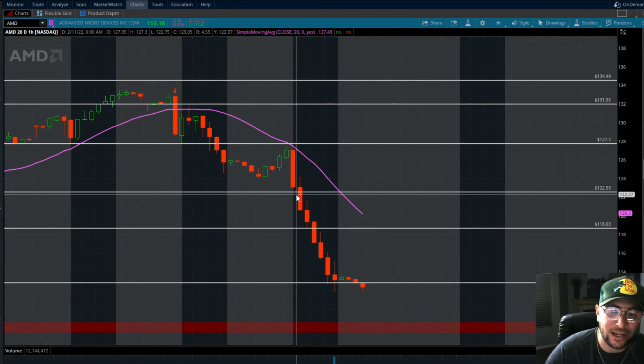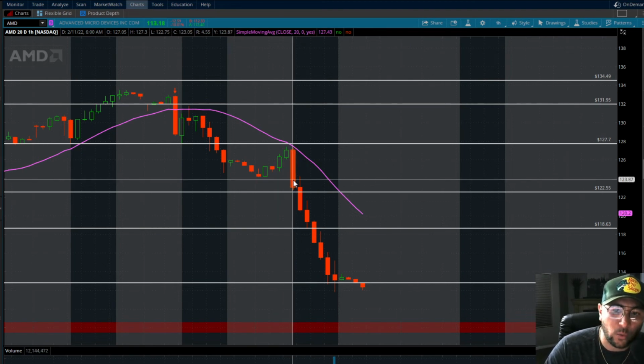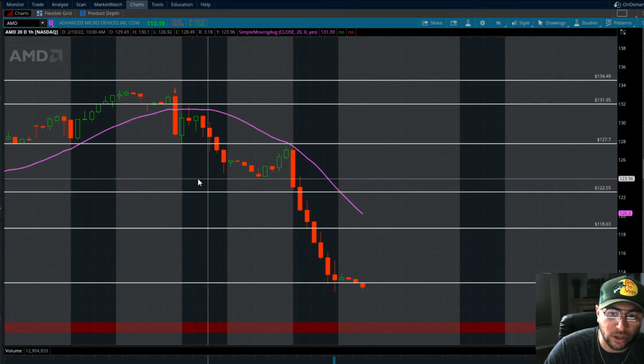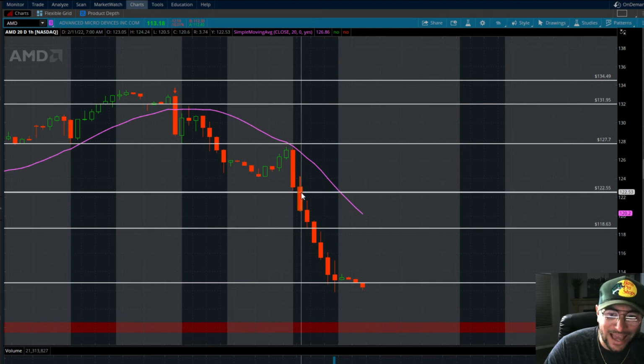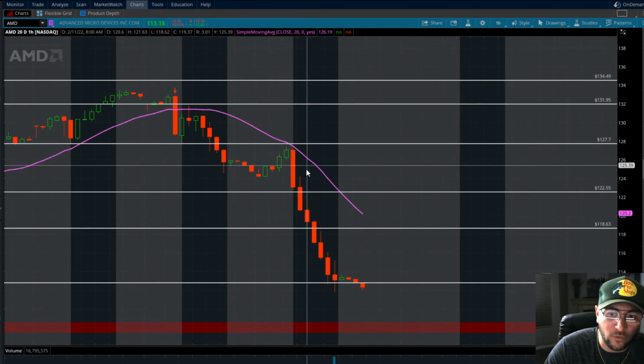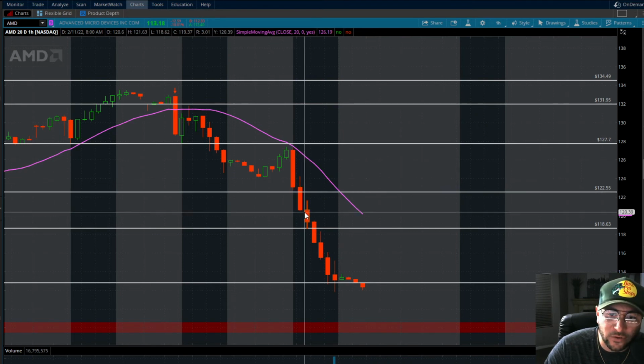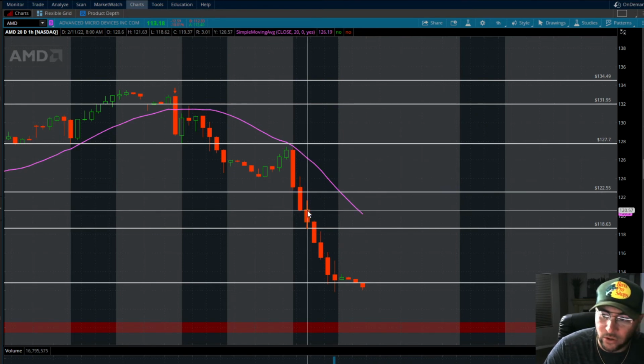The price that I got in was around 122. That was the break of this first hour candle's lows. We were also below pre-market lows. We were also below the 20-period moving average. I sat in this trade for a little bit, allowed it to work, knowing that my stop loss was going to be over the 20. As I saw this first 1 hour candle close, we were at 120.57.